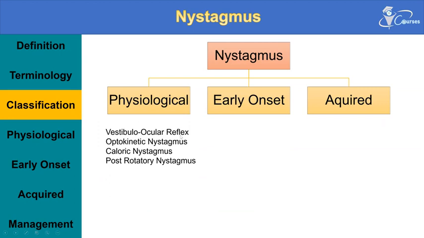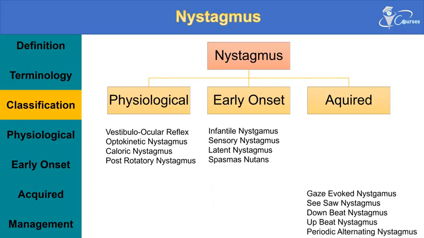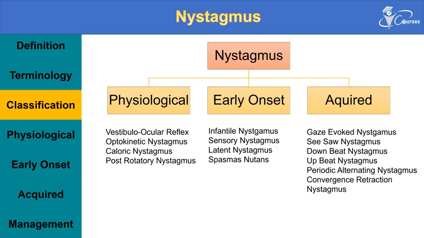There is the vestibulo-ocular reflex, the optokinetic nystagmus, the caloric nystagmus, and post-rotatory nystagmus. For the early onset nystagmus, there is the infantile nystagmus, sensory nystagmus, latent nystagmus, and spasmus nutans. And finally, the acquired nystagmus will be the gaze-evoked nystagmus, seesaw nystagmus, downbeat, upbeat nystagmus, periodic alternating nystagmus,